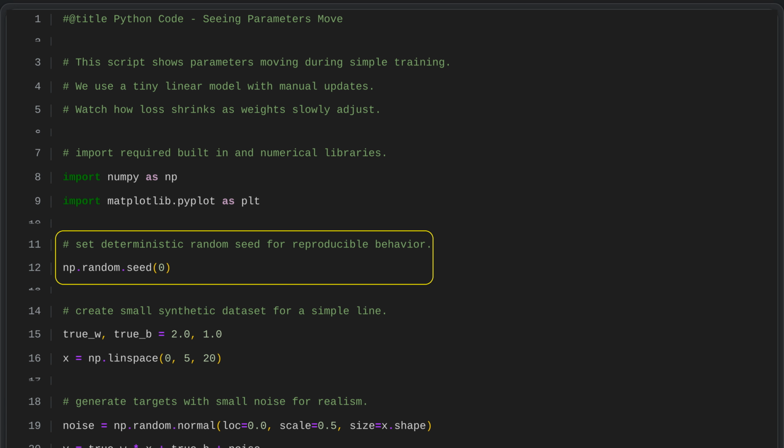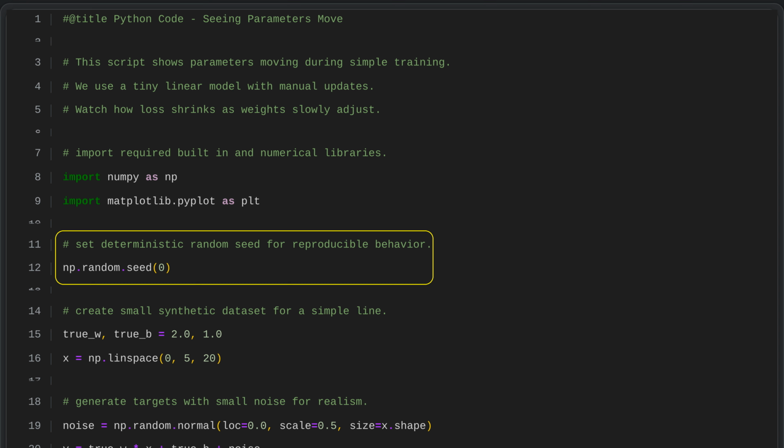We begin by setting the random seed in the numerical library to 0, so that any random numbers generated are the same every time the program runs. This makes the code deterministic and ensures that results can be reproduced consistently. Reproducibility is important because it allows us to debug more easily and verify that the code behaves as expected across